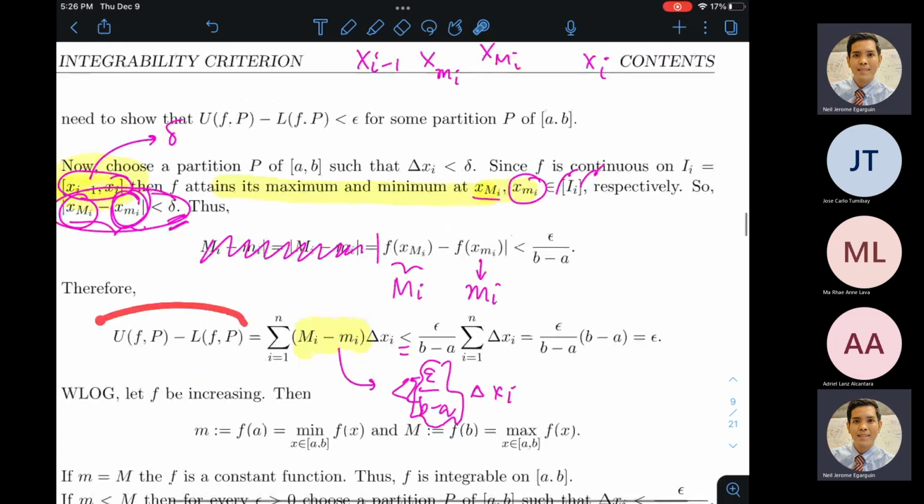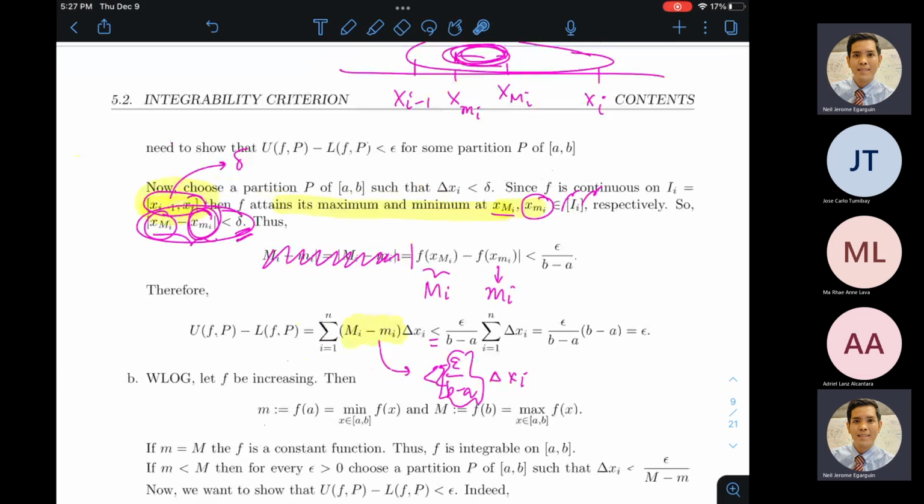And so in summary, we have found a partition P such that the upper Riemann sum minus the lower Riemann sum, both relative to the same partition P, is strictly less than epsilon, for any epsilon greater than 0. And so I will invoke theorem 5.1 and say, okay, by theorem 5.1, we have f is Riemann integrable. Okay, and that proves continuity is sufficient. Continuity of a bounded function on a closed interval [a, b] is sufficient to conclude that the function is Riemann integrable over the closed interval [a, b].